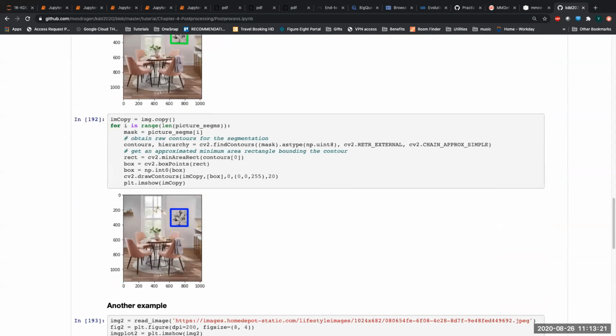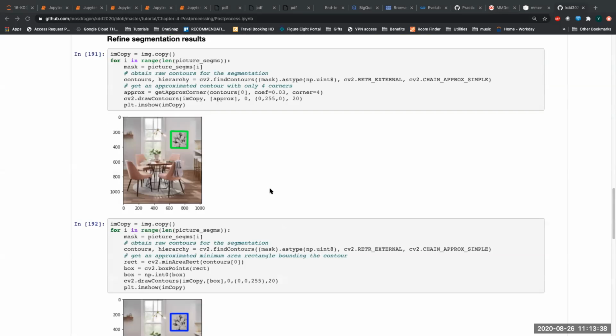Cody, is it possible to improve the segmentation itself based on this function? Not based on the extraction itself? Yes. So there are definitely multiple ways to do that. One way is that you can fine tune your model. So for example, if we already trained this model on the 8020K data set,